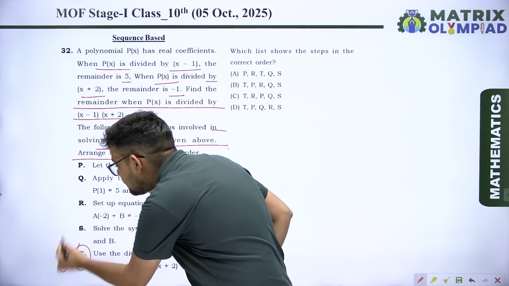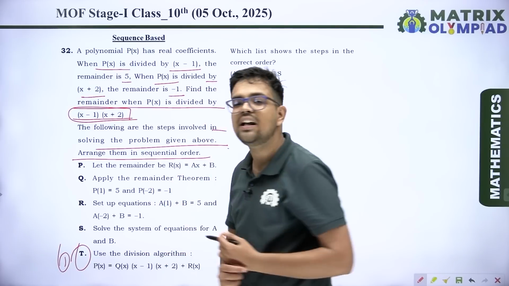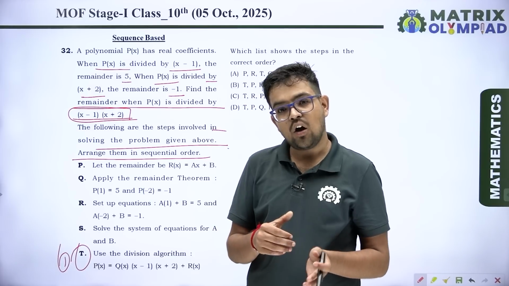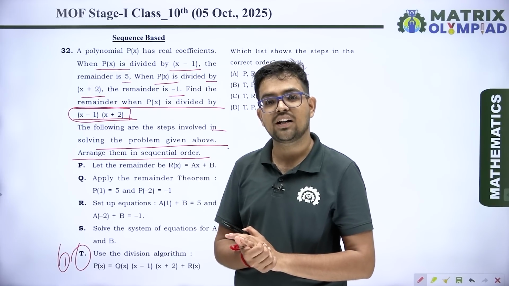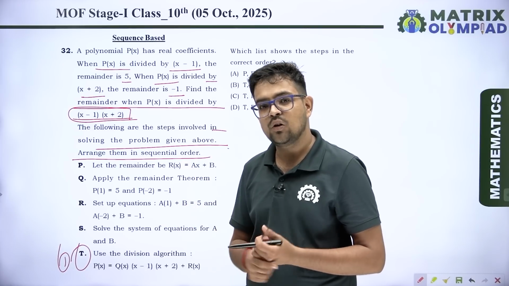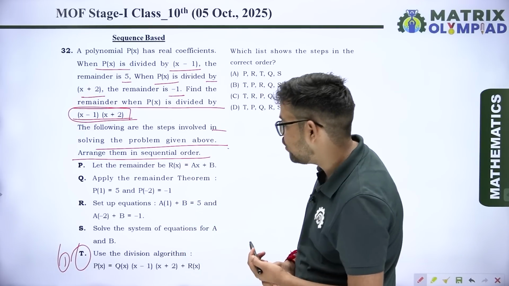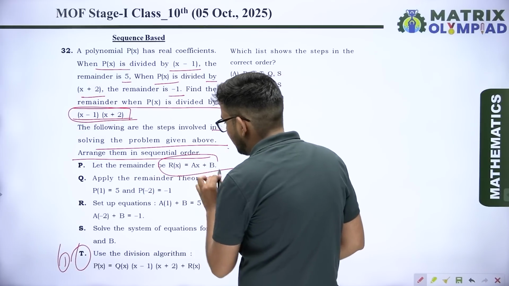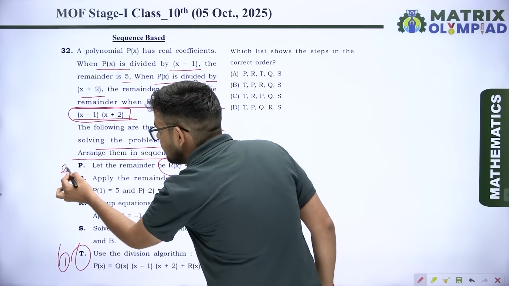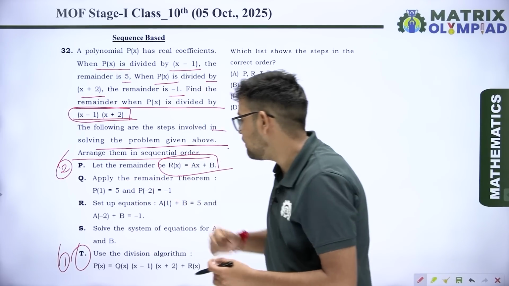ओके, आफ्टर दैट आप एक चीज observe करोगे कि आपको (x minus 1)(x plus 2) से divide करना है। इसका मतलब आप एक quadratic polynomial से divide करते हो। तो जब आप quadratic polynomial से divide करते हो तो remainder at most linear polynomial हो सकता है। Linear polynomial को जनरली हम ax plus b के फॉर्मेट में लिखते हैं। तो remainder को आप ax plus b consider करोगे। तो ये आपका हो गया second।